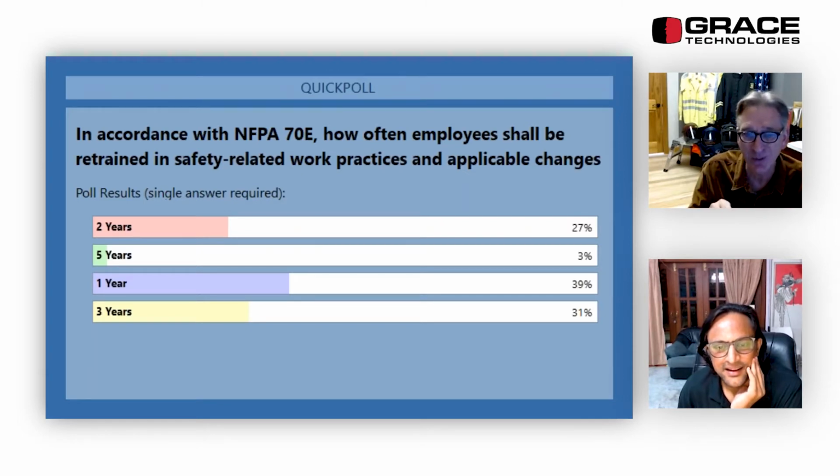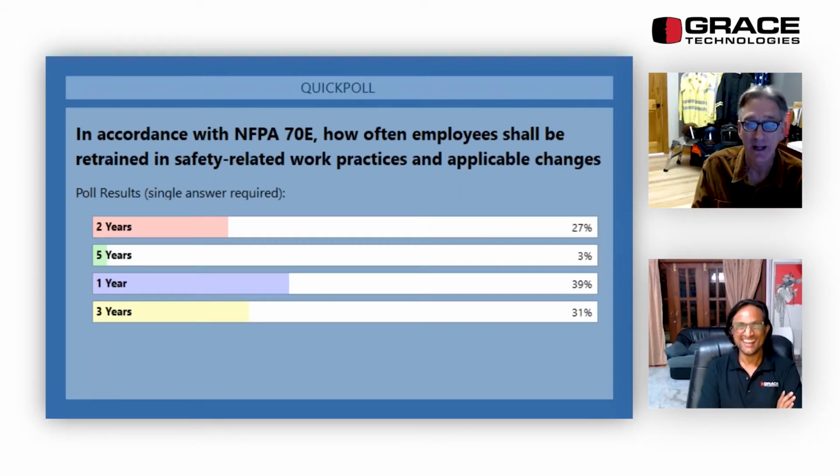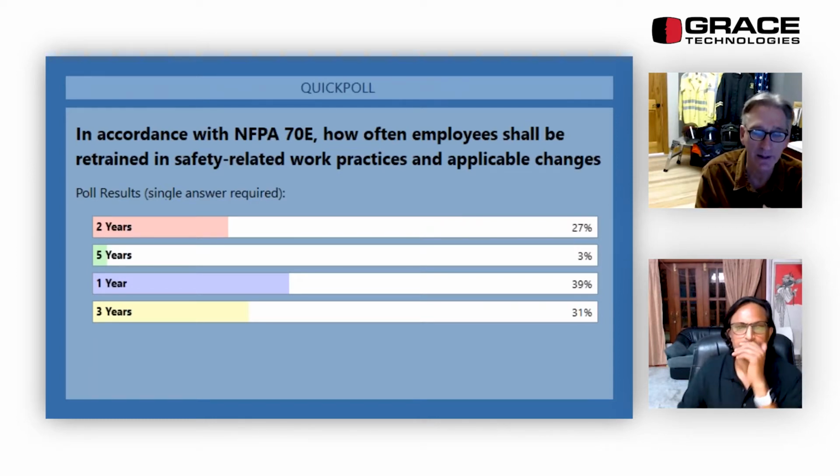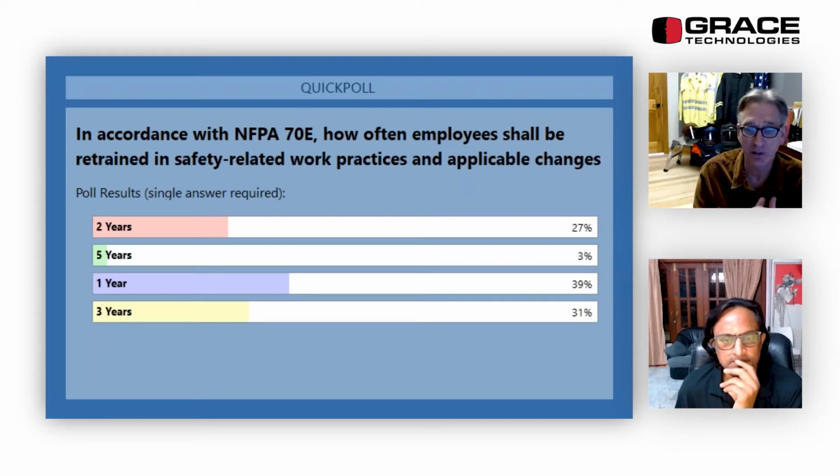I'm glad to see there were not many people that chose 5 years, because that's going a long time. Of course, I do a lot of training. I go on-site, and I'm in Tennessee, but I travel all over the country. And in fact, unfortunately, next week I'm going to Syracuse, New York. I think I'm going to freeze my whatever off. It's probably going to be like it is where Bhanu lives in Iowa. It's going to be freezing.